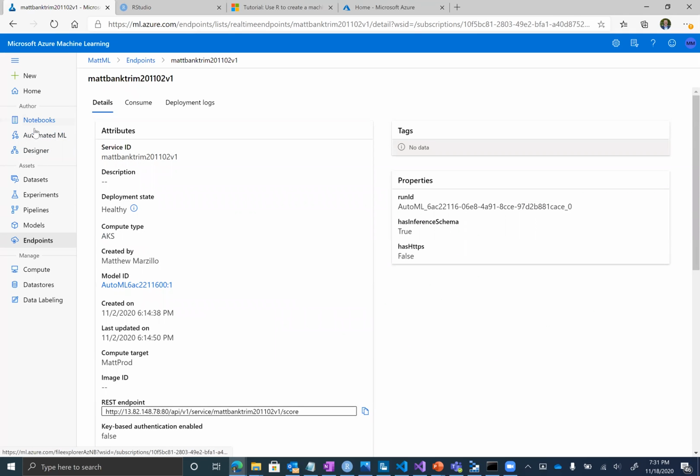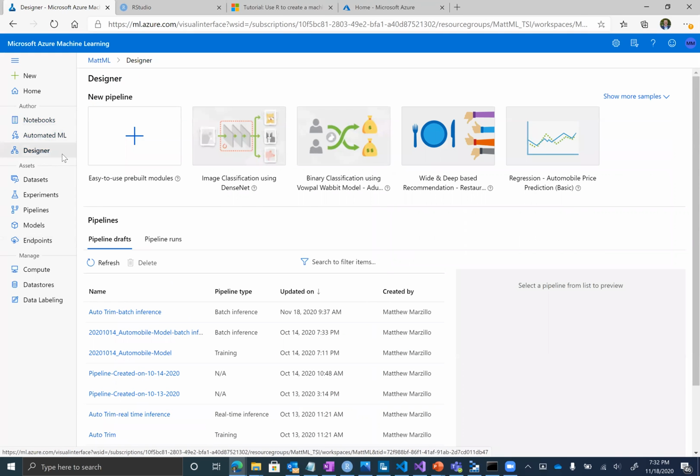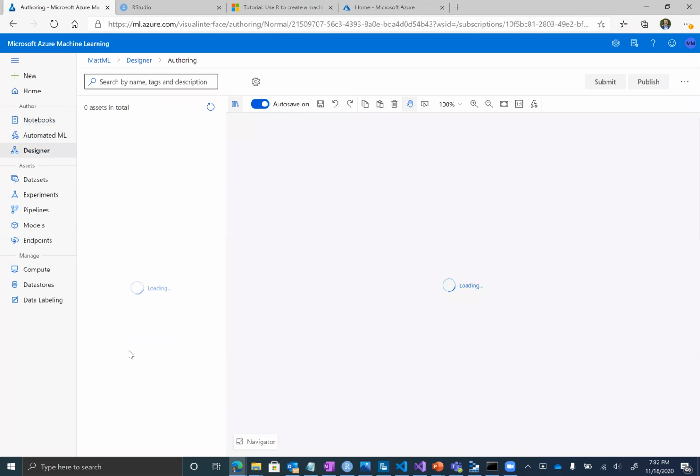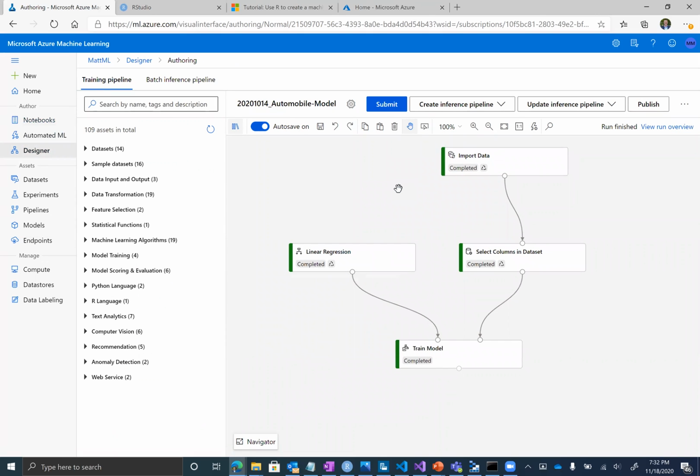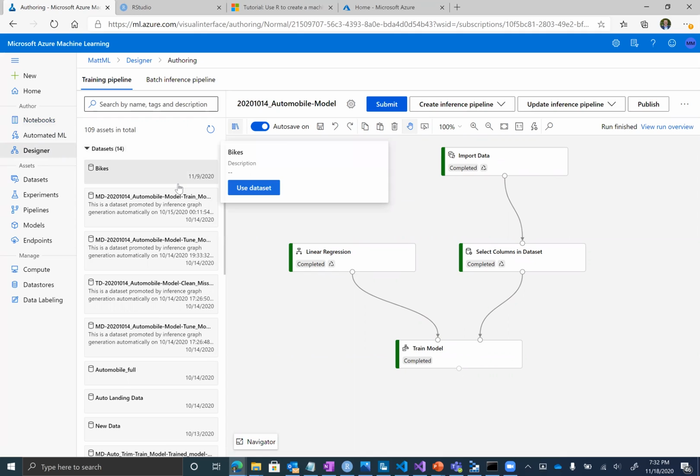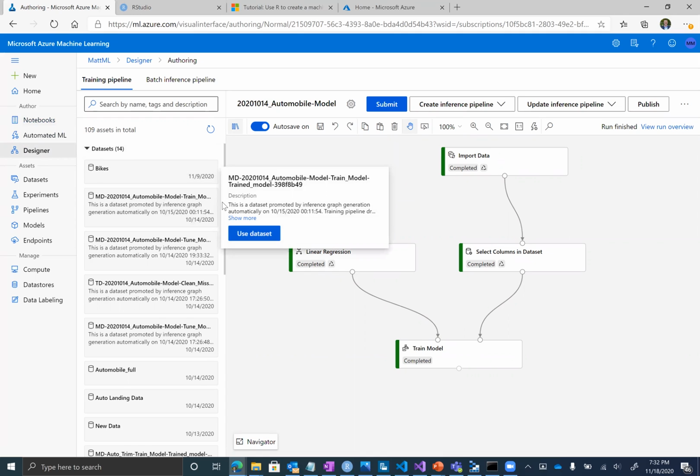Then, like we talked about notebooks and automated machine learning, we have this thing too, which is somewhere in the middle. We have these designers, and what this allows you to do, in the example I click on here, is manually build the kind of automated machine learning thing on your own. For those of you who've worked with drag and drop ETL tools, you can do that right here.